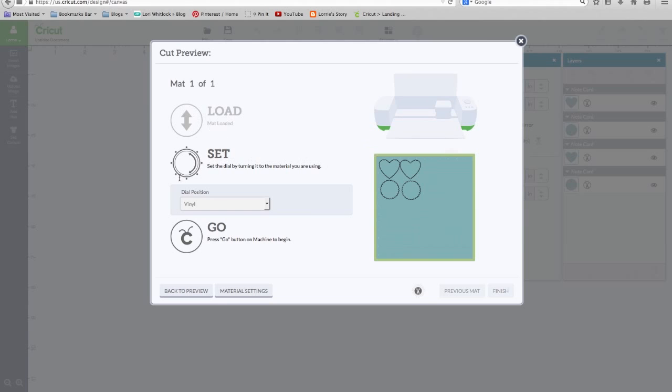The next thing, and this is what I love, you don't forget to change your dial. You don't forget to change your medium. It says set. Set the dial by turning it to the material you're using. So on your Cricut, you're going to use this dial and select the material. And as you turn that dial, you can see mine's set on vinyl right now, but as I turn this on my machine,